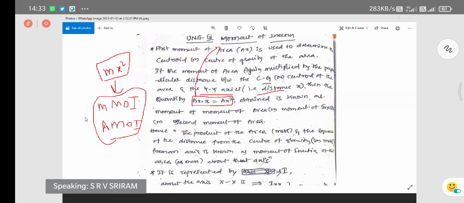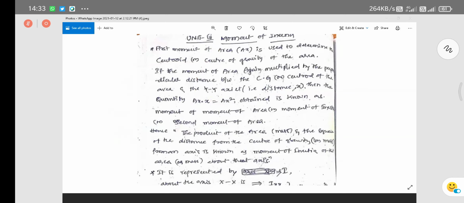Any regular geometrical figure will have a certain area, and if there is some internal quantity, we will go for considering the mass moment of inertia. Why? Because the internal quantity will have a certain mass. If we consider mass, it is a physical quantity. For a physical quantity, we will definitely have a center of gravity. For center of gravity, mass is the particular concept. So center of gravity and mass we are going to calculate. That's why mass moment of inertia will be there for internal quantity materials. Okay. So we will just move forward.